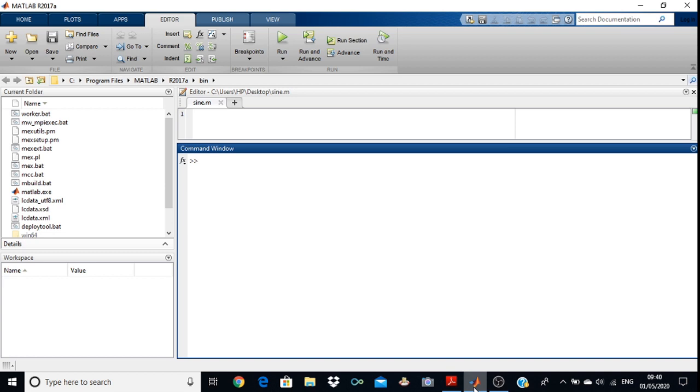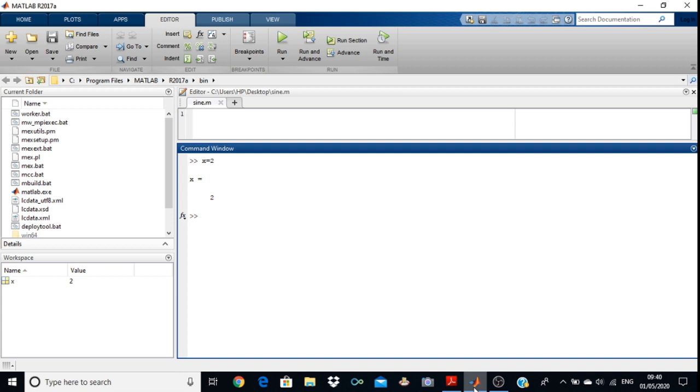So before starting any program, you will have to clear your command window by the CLC command. Now suppose I put one command, that is x equals 2, then it will occupy some space in the command window as well as in the workspace. So you will have to clear both the command window and the workspace.